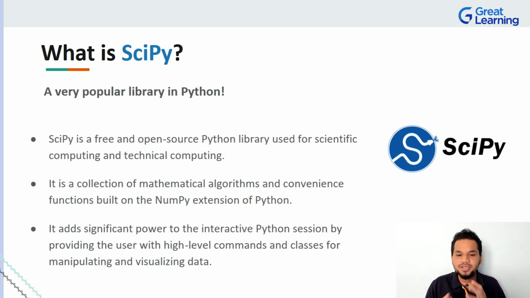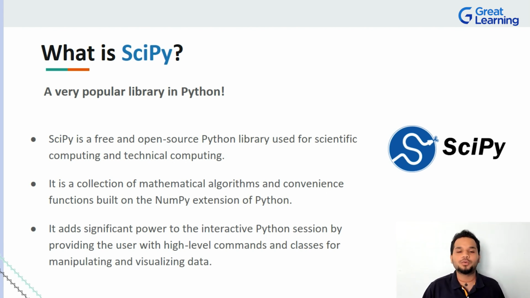So that is possible here as well. And when you think about working with the interactive Python sessions that are out there, what SciPy does, the biggest advantage is that it provides us with high-level commands and classes which we can use to not only visualize data, but also manipulate it and work with it in real time. Now I'm going to be showing you all the practical demonstrations through which you can see for yourself that, hey, yes, SciPy is a library which is very powerful, and it definitely sees its fit in multiple domains out there, right?